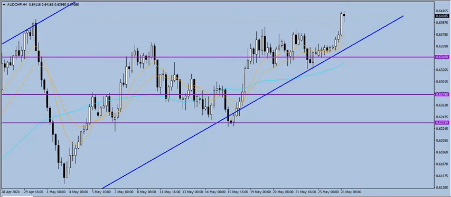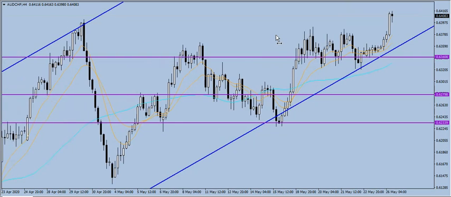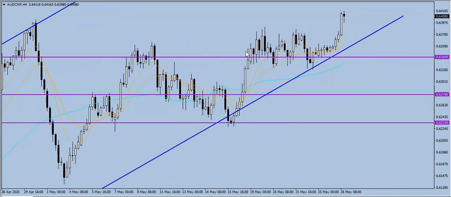I can mark the level with this tool. So that's the previous resistance level that is going to become support right now. And then what I'm waiting for right at the moment is to see price come back to this level. Taking a trade, buying from here will be a bit risky because it's too high. So I'll expect price to come back down to this support level somewhere around here, and this is where